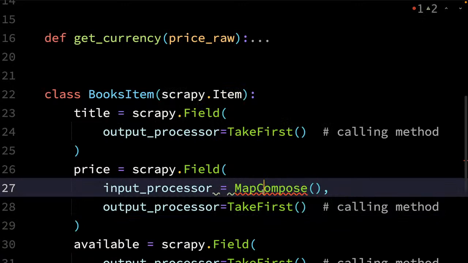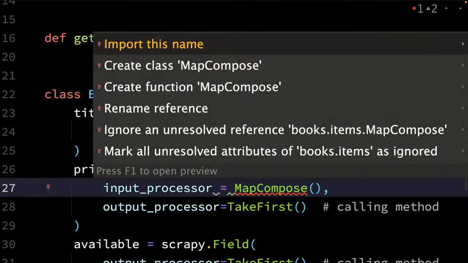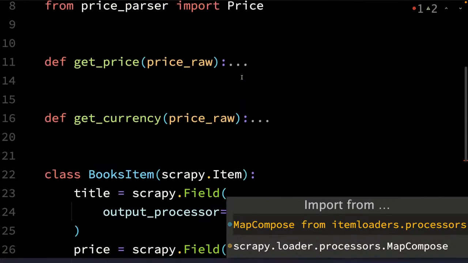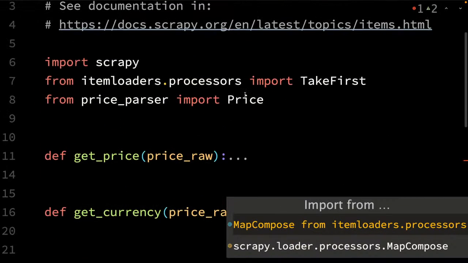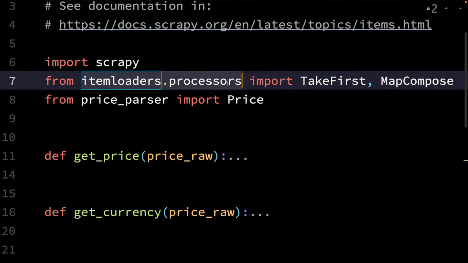Okay, so this MapCompose is also something that we need to import. This is also part of itemloaders.processors. So if you know about the map function,